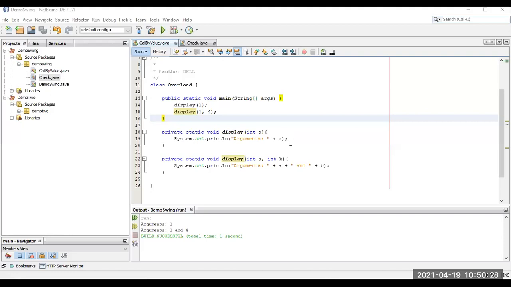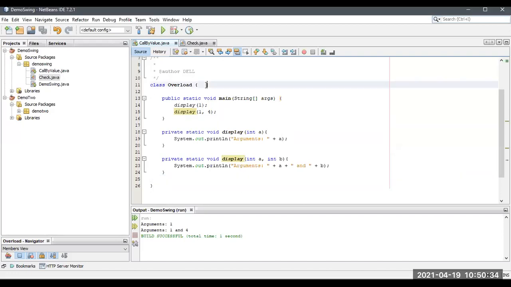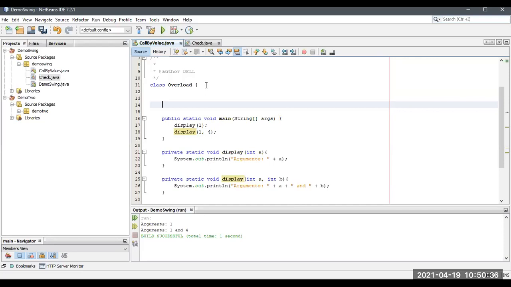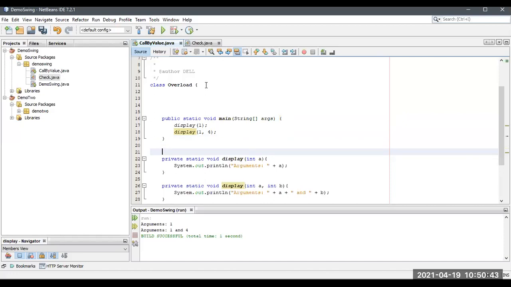Overloading constructors, we already have an example for that, the same concept. So this is method overloading, and now I'm going to declare constructor overloading.